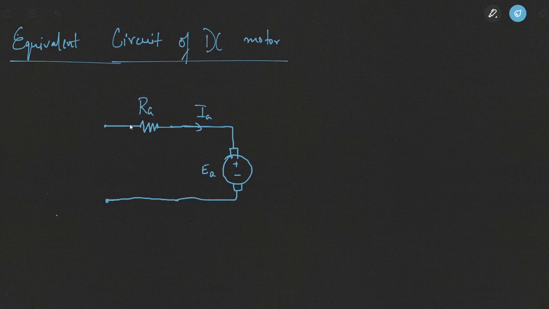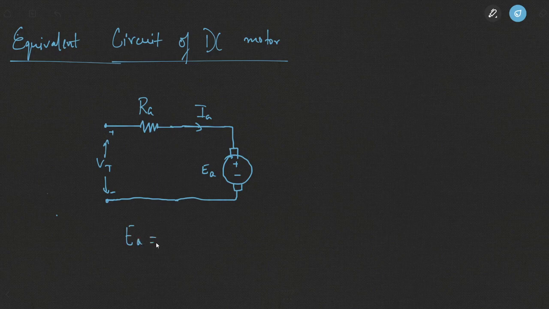It will also have its own inductance, but since DC current is flowing in this circuit, we'll assume that inductance is basically going to be shorted after some amount of time, and you will be applying terminal voltage to this device. So since this is a DC motor, you are applying VT. Because of the internal resistance of the windings, there will be some amount of voltage drop equal to IARA. So your EA, that's the internal generated voltage,